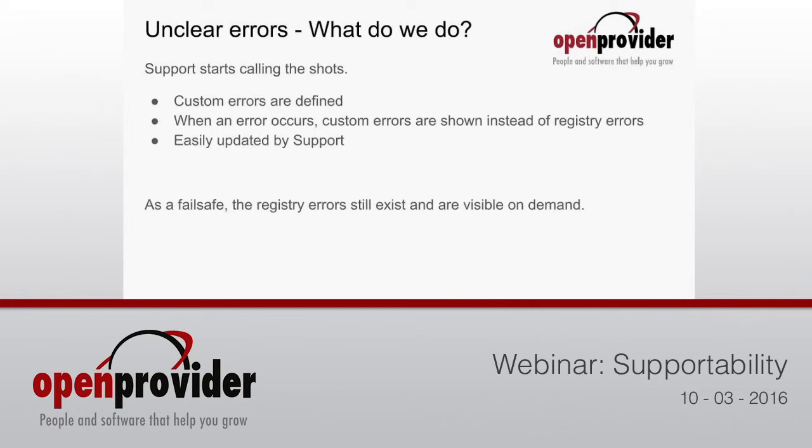So instead of having to read a knowledge base or call us, our system will already tell you: look, your authorization code is incorrect. You need to get a new one. Get it at the current registry. Or your domain is locked. You cannot transfer it as long as it's locked. Simple, small messages that we can change whenever we want to. This will also allow us that when a customer calls us with an error that is still unclear, we can discuss with the customer and say, hey, what happened? Why was the error message unclear? What can we improve to make you understand it? And we can change it on the fly via the system, which should result in an update within a few minutes of this error, so that other customers will not have this issue anymore.